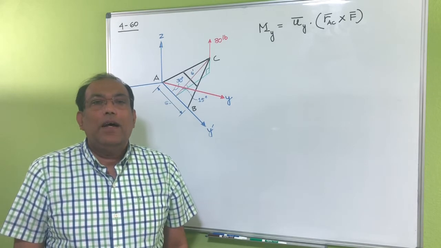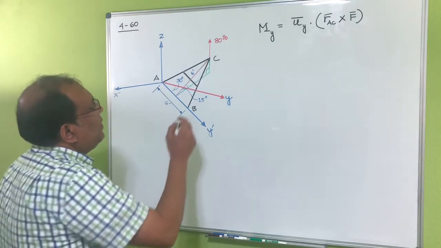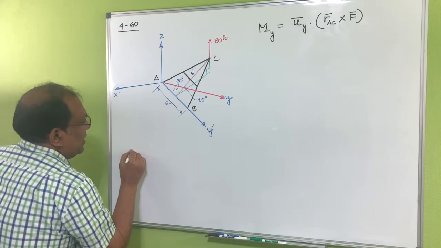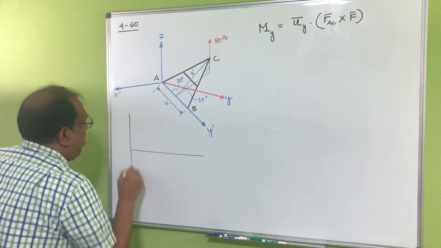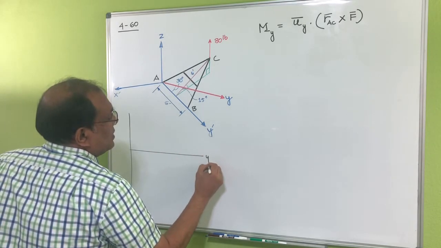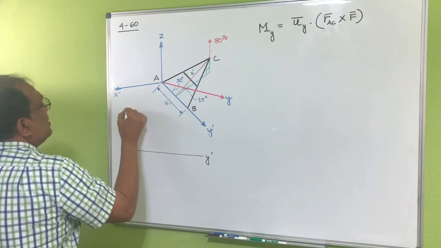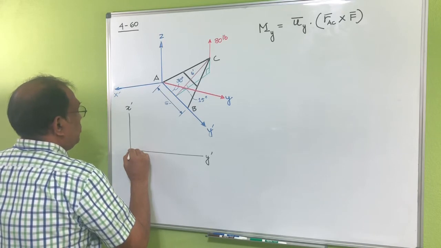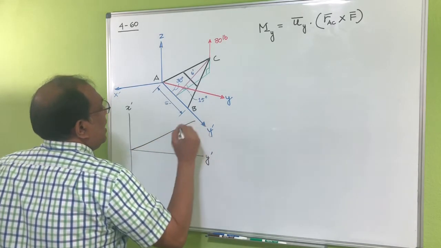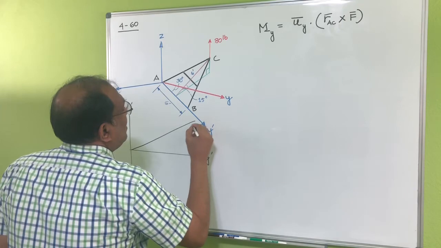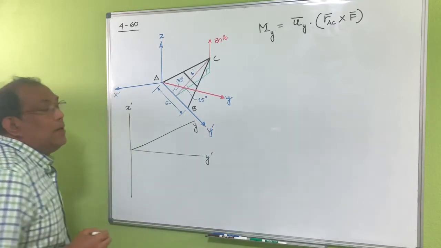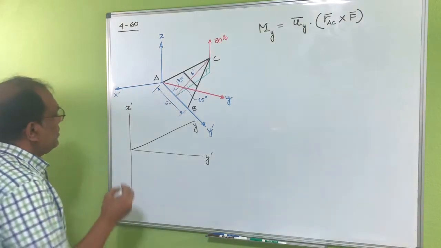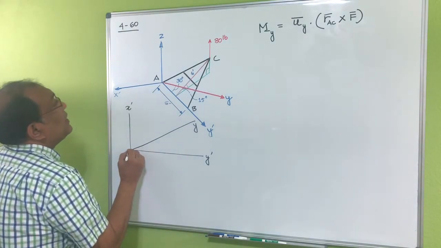So let's see, if I draw that one separately here, then basically let's say this is my y-axis, actually y prime axis, and this is my x prime axis, and this is the other axis. I have to find out the unit vector for that. So let's say this is the point A here,